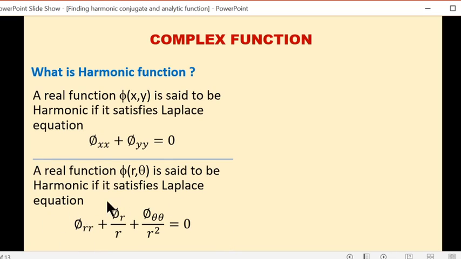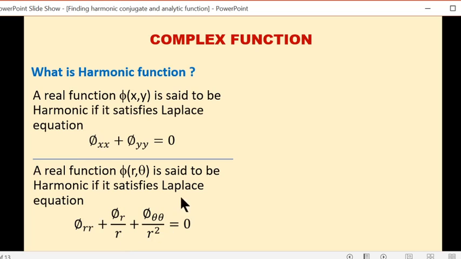Now Laplace equation in the polar form is phi r r, that is second order partial derivative of phi with respect to r, plus phi r, that is first order partial derivative of phi with respect to r, upon r, plus phi theta theta, so that is second order partial derivative of phi with respect to theta upon r square